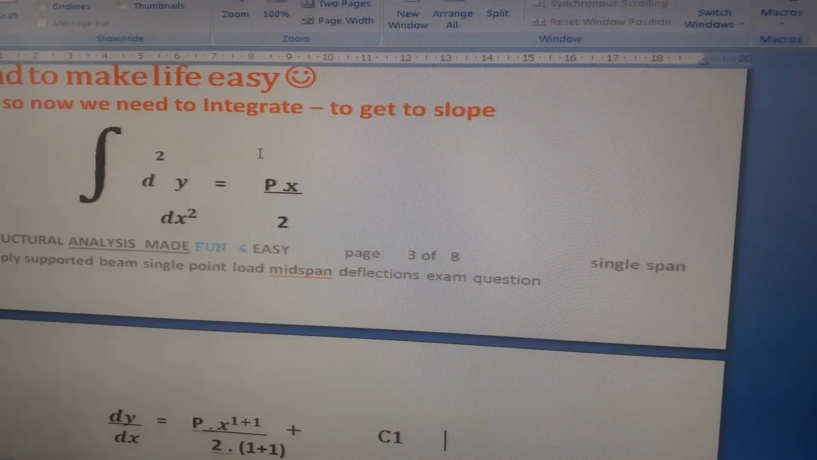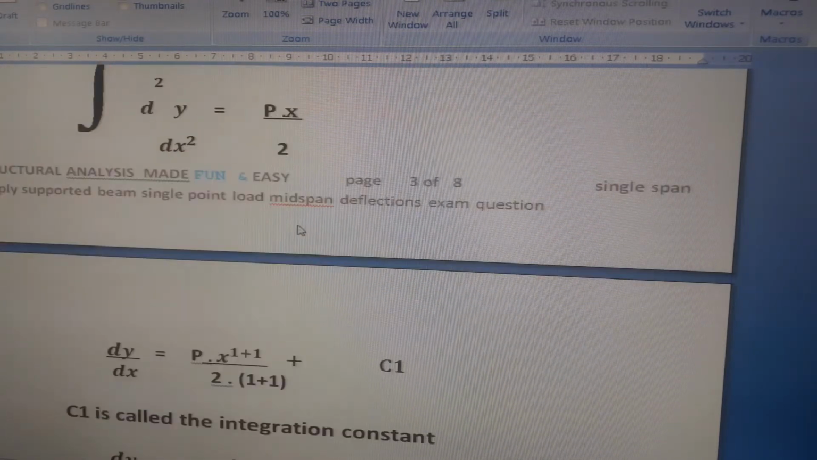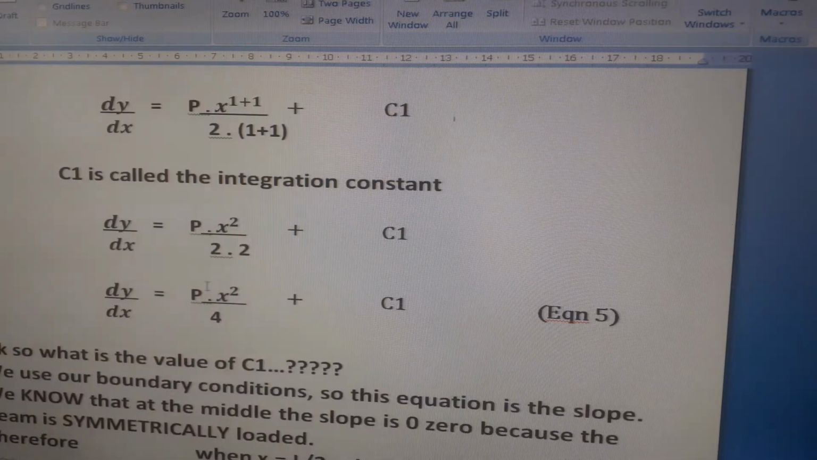So d2y over dx2 is equal to Px over 2. Sorry, the minuses we've eliminated. c1 is called the integration constant. dy over dx equals Px squared over 2 times 2 plus c1. Therefore, dy over dx, which is the slope,